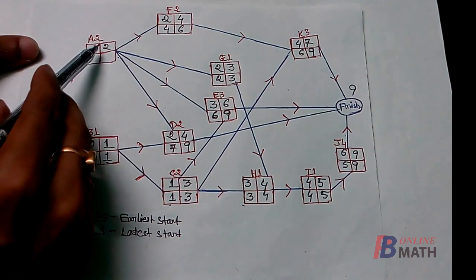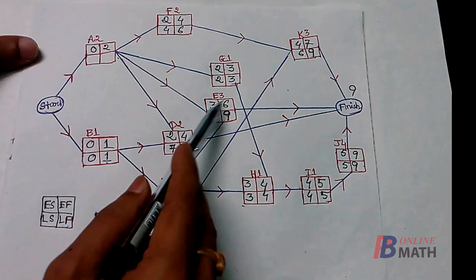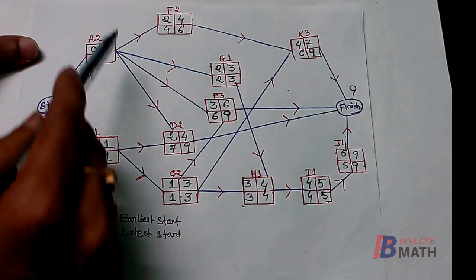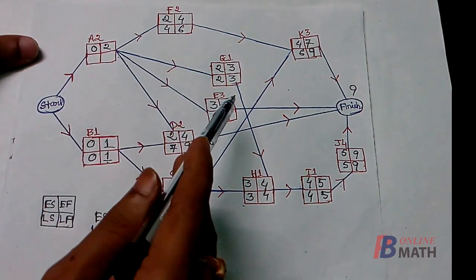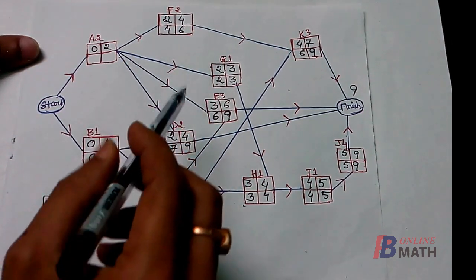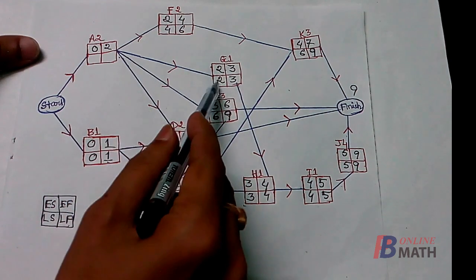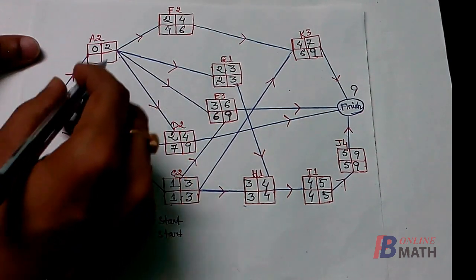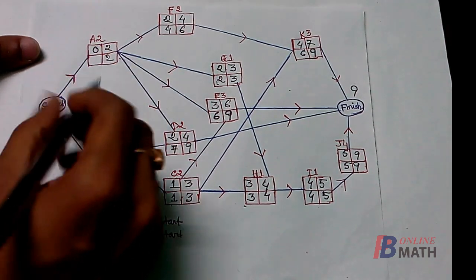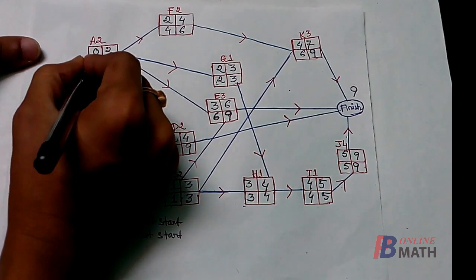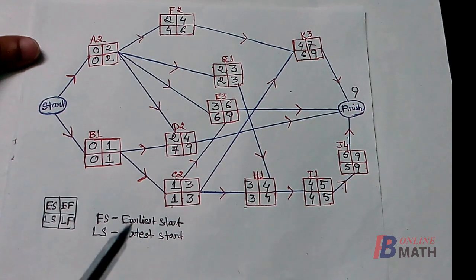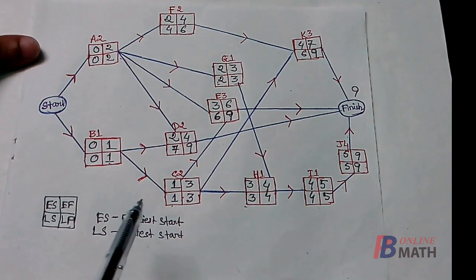Similarly for the activity A, now there are four activities F, G, E and D which can be started after the completion of the activity A, and out of these four activities the minimum of the latest start time is 2. So we have to start the activity G latest by 2 weeks. Therefore we have to finish the activity A by 2 weeks. So this is the latest finish time of the activity A. And what is the latest start time? It should be 2 minus 2, it is 0.